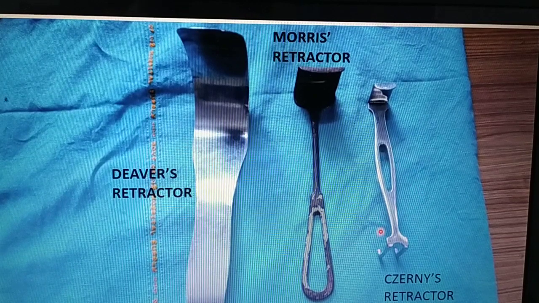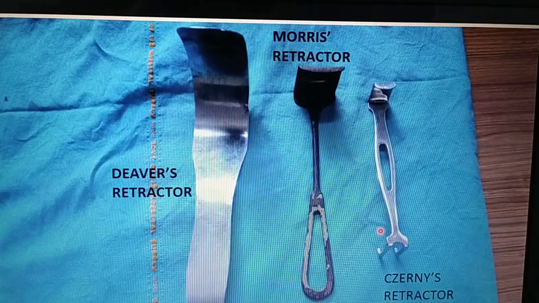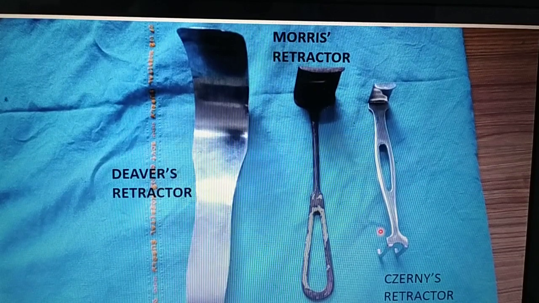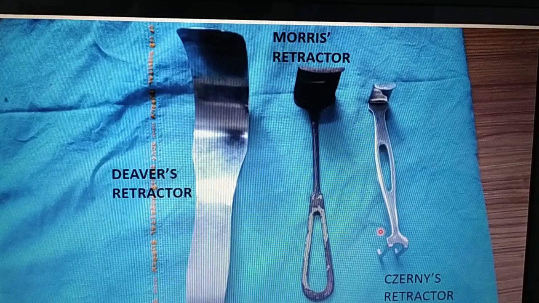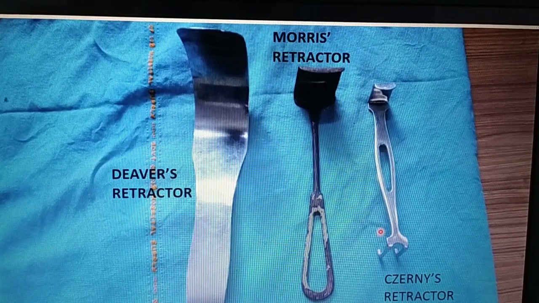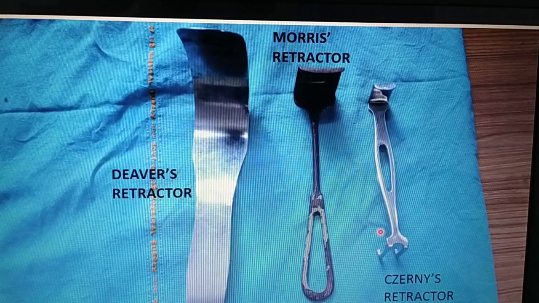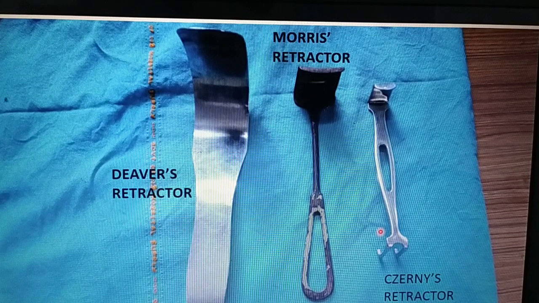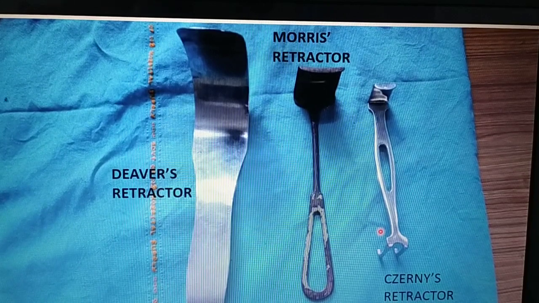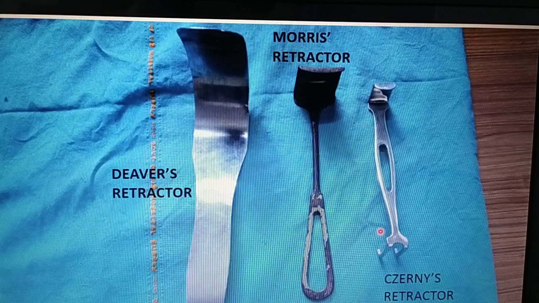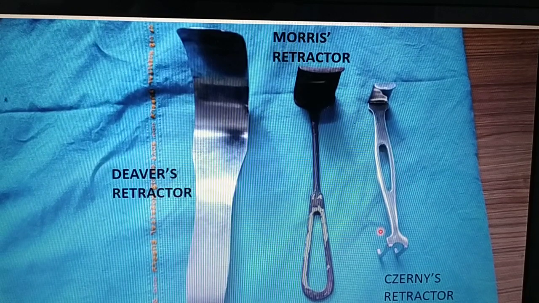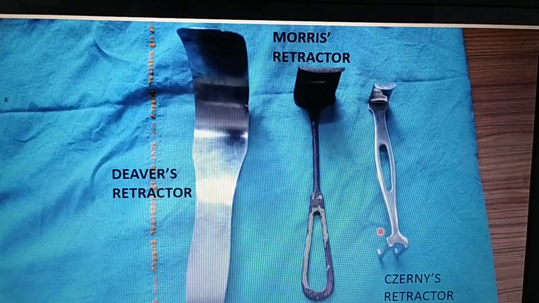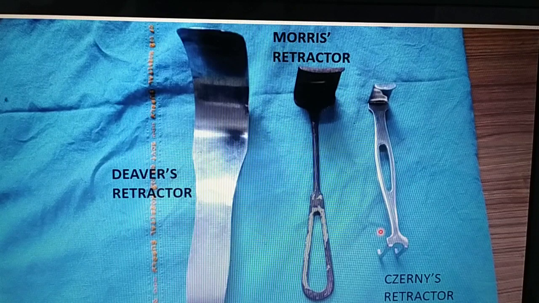Uses of Morris and Jarnis retractors are the same. These retractors are used for tissue retraction during different operations. They are used during appendicectomy to retract the layers of abdominal wall while making the incision. They are used during thyroidectomy to retract the strap muscle and sternocleidomastoid for dissection and ligation of thyroid vessel. They are used during modified radical mastectomy for retraction of pectoralis major muscle for better visualization during axillary dissection.